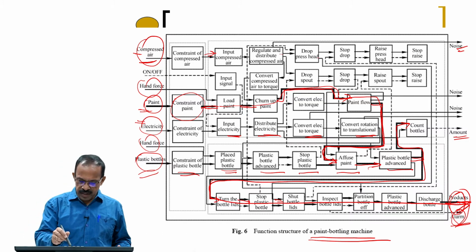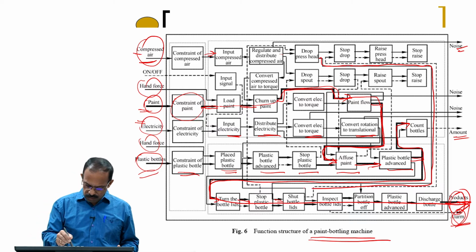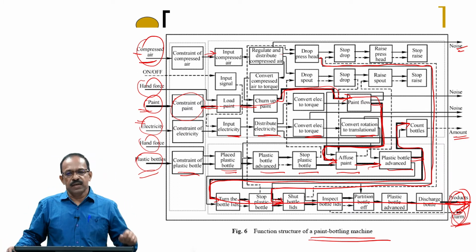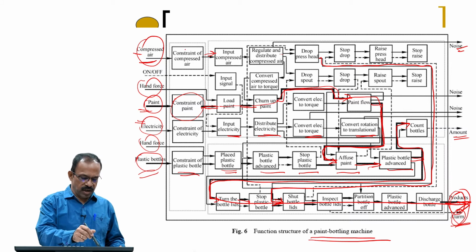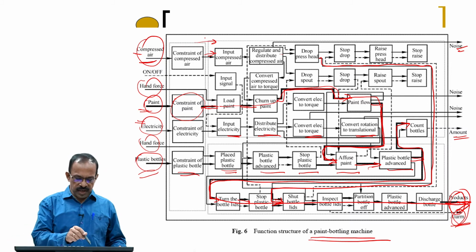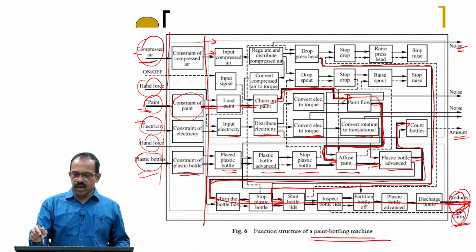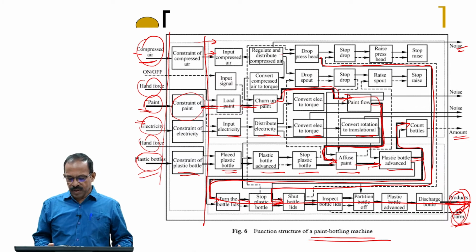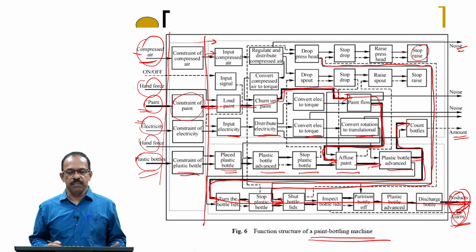You can see this press head is used to cap the bottle and shut the bottle lids. The closing of the bottle is done using a press, and that is where you need compressed air. This way you will be able to decompose the functions of this mechanism by looking at the individual flows. And again, you can see all these are using the functional common basis to represent the functions.